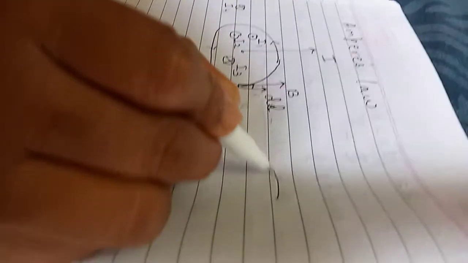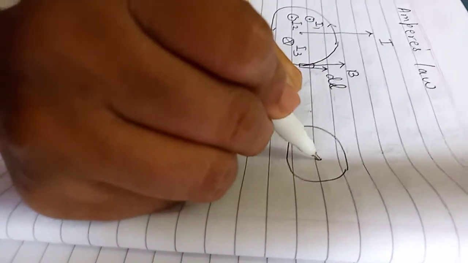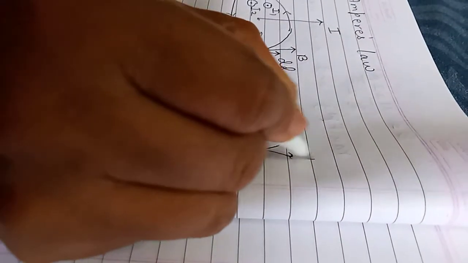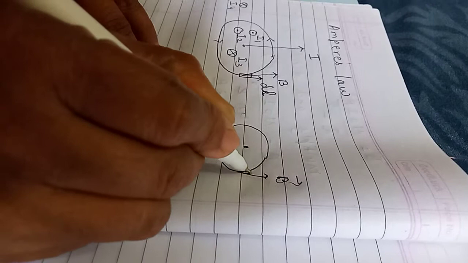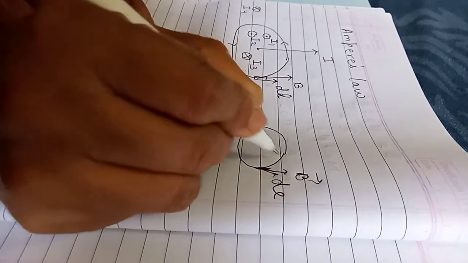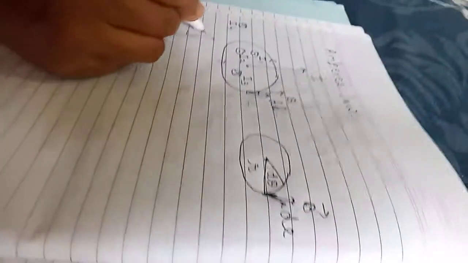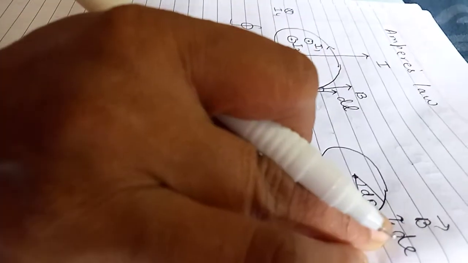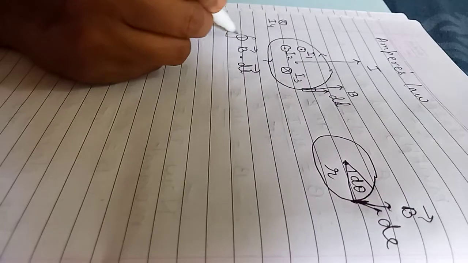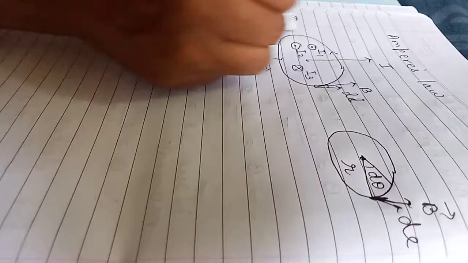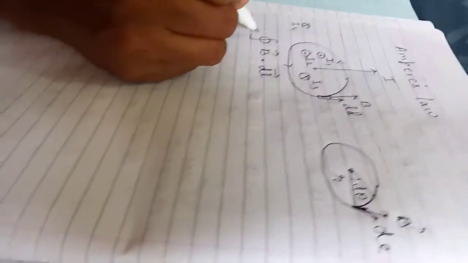See here, now let us make this a bit more precise. In this same diagram, this is the direction of B along the tangent. This is the elemental length which is also along the tangent. This is the radius and this is d theta. Are you okay here? I have not shown the d theta and all here. Okay? Ampere's law states that integration of magnetic field over the elemental length dl. Yes, this is a circle because when you integrate it you get a circular loop. That is the meaning of this circle here.